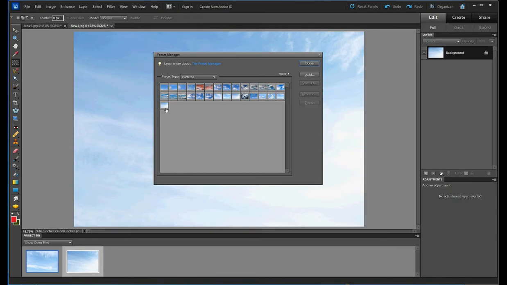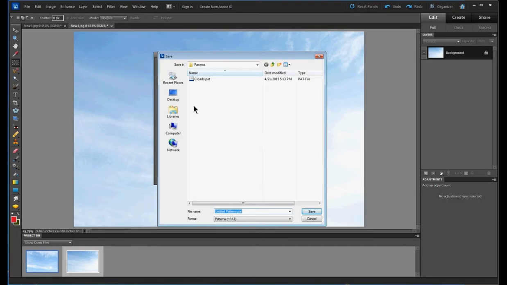But I know that the last 2 here are the ones that I just added, so I'm going to select them both, hold my control key down, and click. Those are the 2 clouds that I just added. Like I say, all the rest of these right here will be a different set of patterns for you, so just take note of that. But I'm going to select these 2 that I just added. I'm going to choose Save Set,